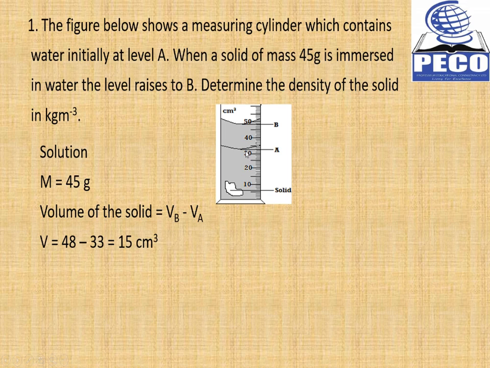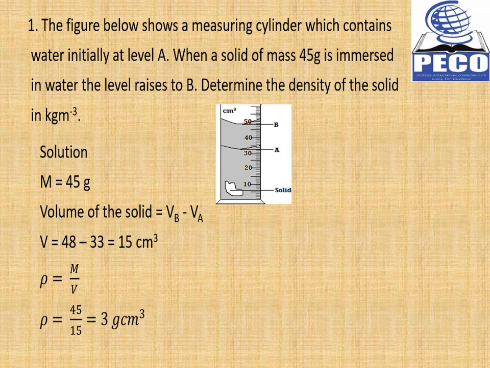You read at this point, but you don't read here. You read at the lower meniscus, at the bottom of the meniscus of a liquid. Then at B, again at the bottom of the meniscus, this is 45, 46, 47, 48. So you have 48 centimeters cubed, minus 33. So we get the volume to be